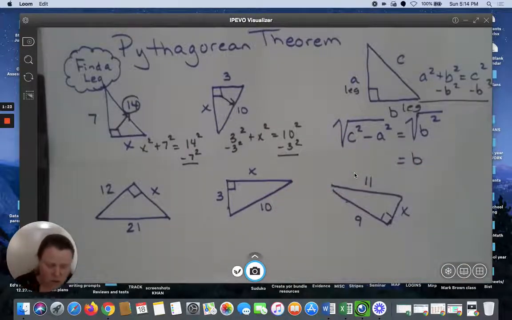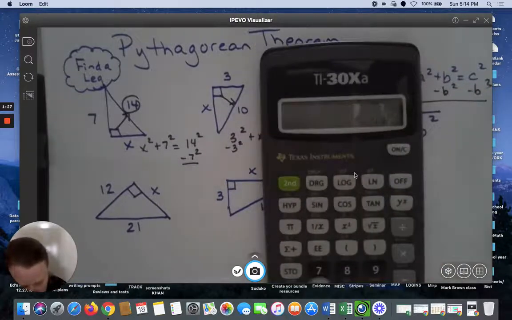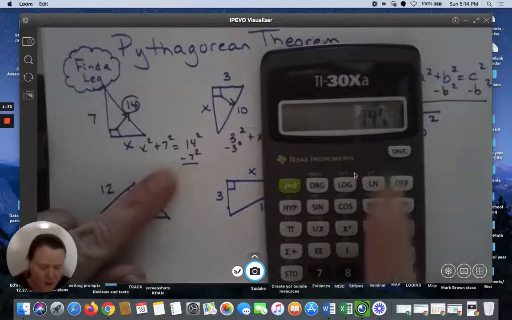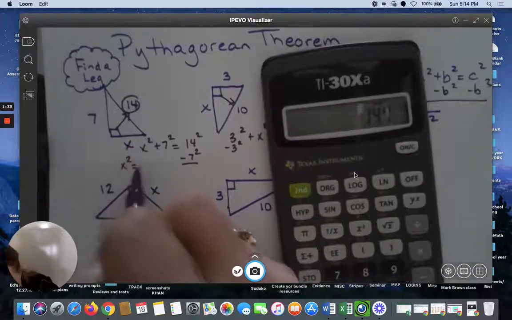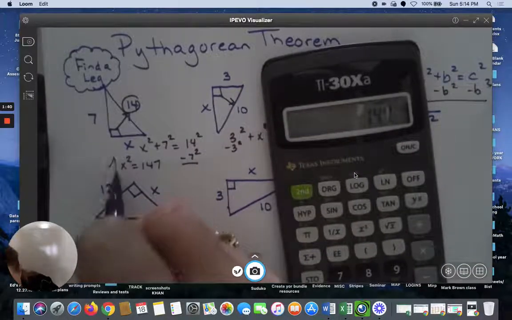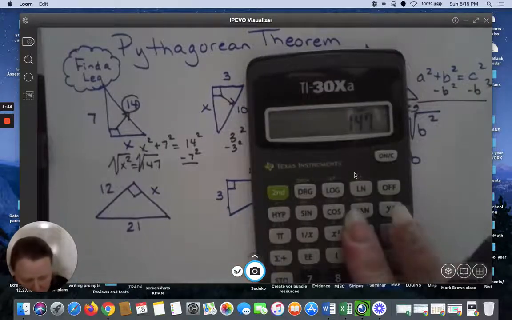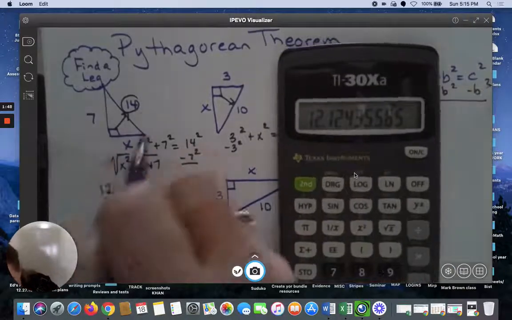If you know your times table really well, you're going to go ahead and do that. And if you don't, you're going to go ahead and use your calculator. So 14 squared is 196. We're going to subtract 49 because that is 7 squared. And we have 147. So x squared equals 147. And to find x, we're going to take the square root of both sides, and that would work out to a decimal of 12.12. So x equals